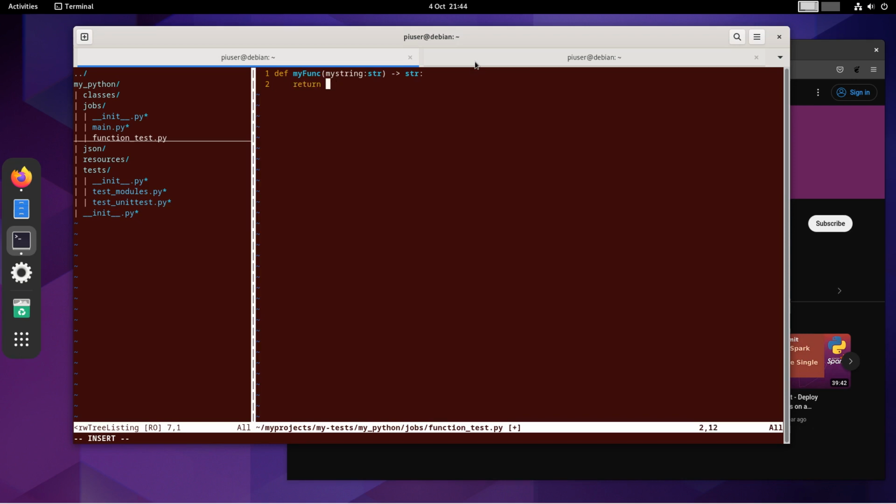a string, and that will be an f string, so I can include some variables, and I'll just say my function returns my string, the variable that we've input. So I'll just save that,